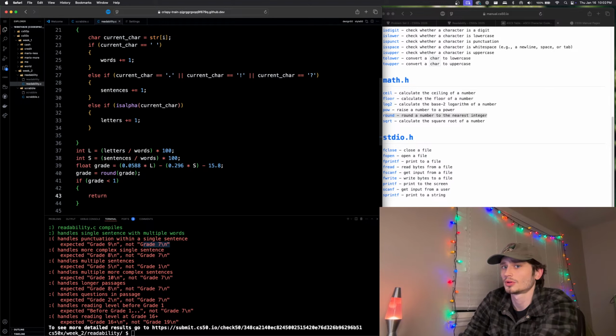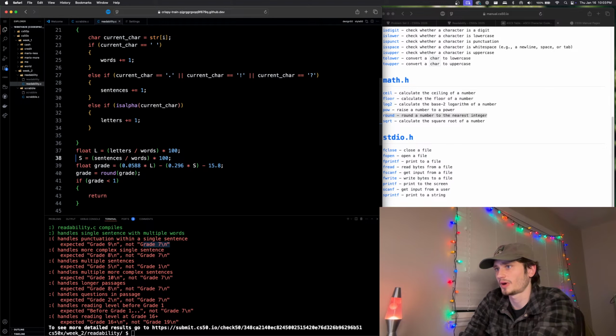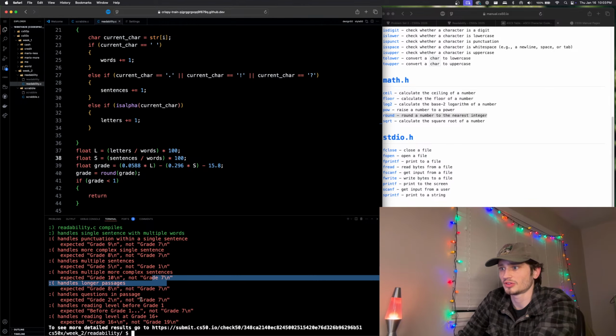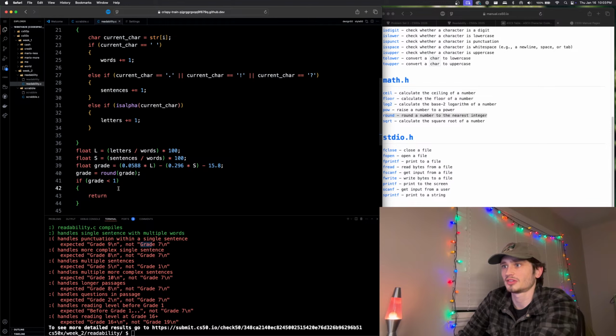Return... L and S also would have to be floats, right? Because if we have grade being a float, we wouldn't want to preemptively round off L and S. So that's why we're getting this rounding error: we're preemptively rounding off, and so not keeping those extended digits, and that's why we're getting lower denominations. That's a mathematical tell, lower magnitudes. We're prematurely rounding. Okay, so if grade's less than 1, we return